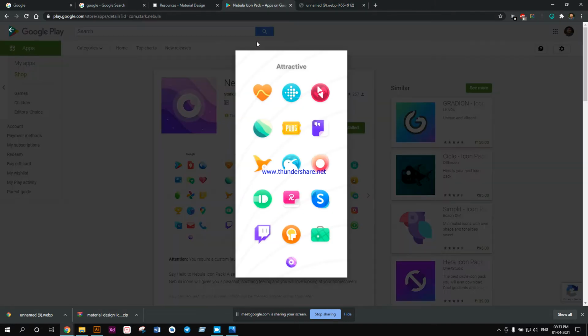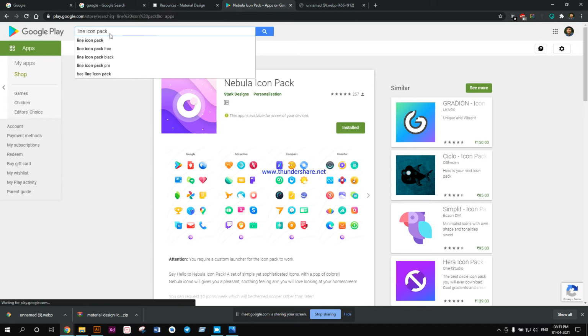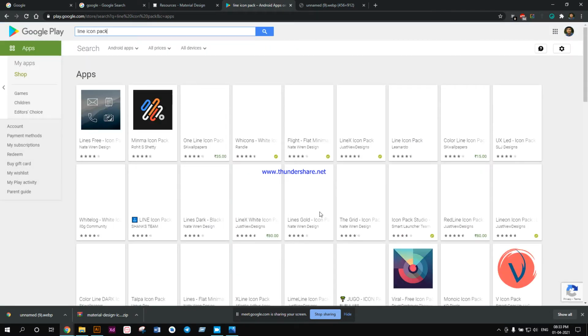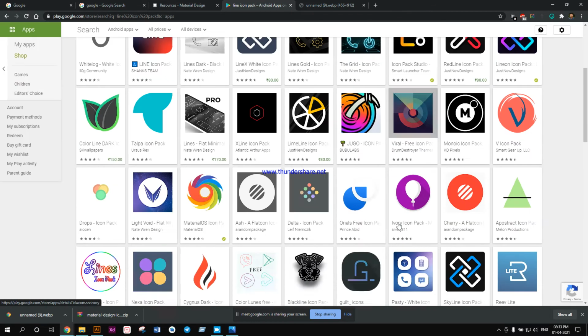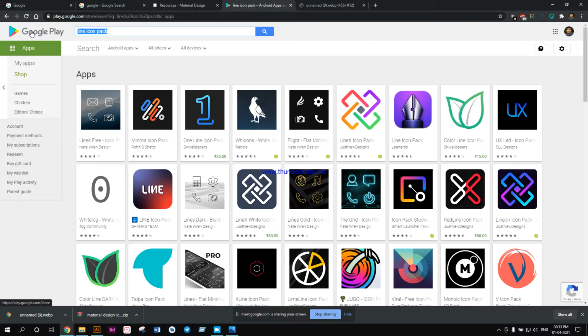Now I'm going to take a look at some other icons. Suppose a line icon tab. Now there are obviously lots of icon packs. I go to this one. No, I just keep it very simple and go with just the solid black icon. I go to leave.